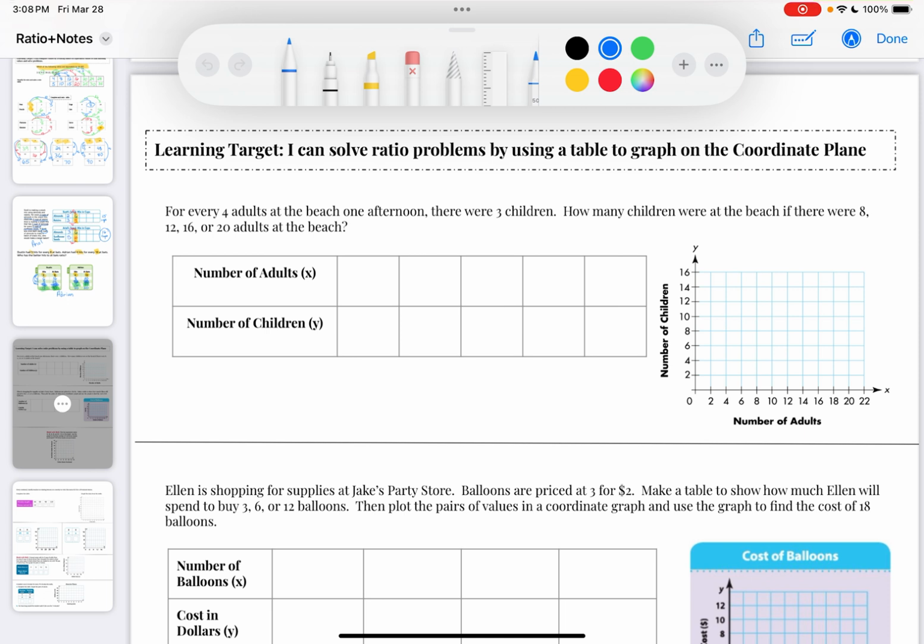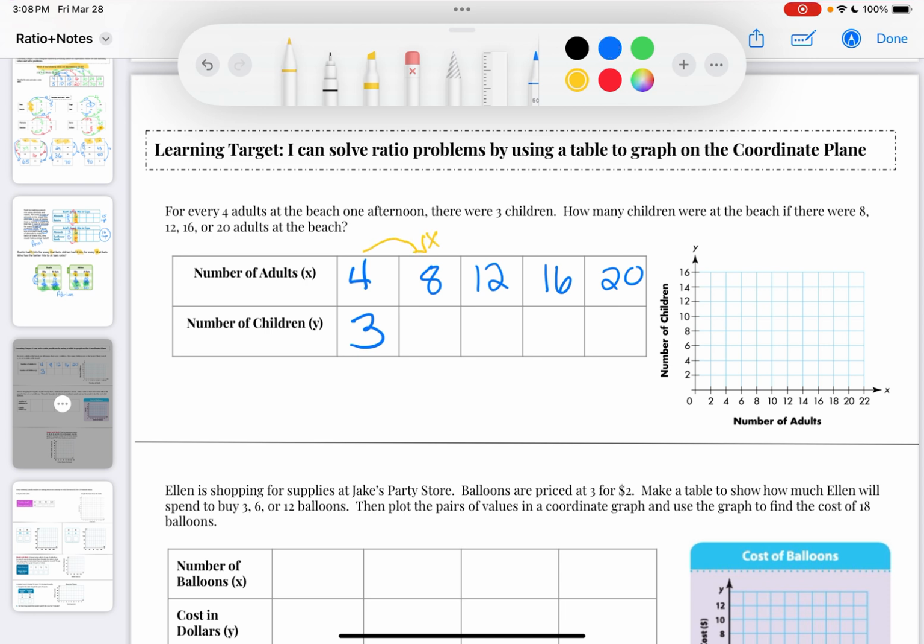So we start off with our ratio, 4 adults to 2 children. I'm sorry, 4 adults to 3 children. Then it says how many children were at the beach if there were 8 adults, 12 adults, 16, or 20. So let's take a look. If the ratio is 4 to 3,